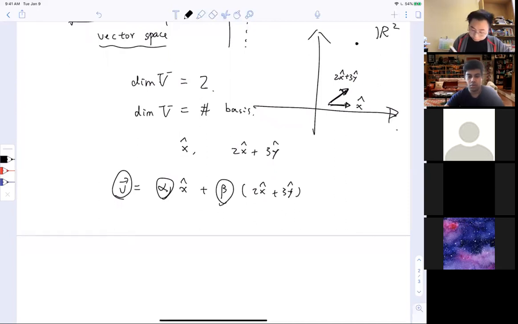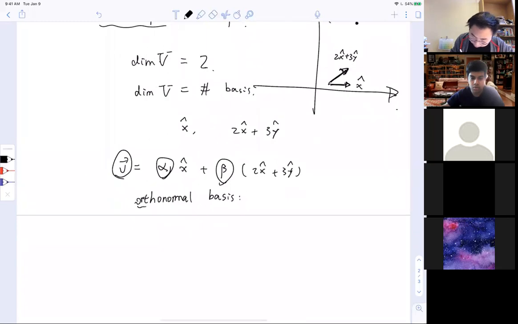Right. So the so-called orthonormal basis. Orthonormal means the basis vectors are orthogonal to each other and the magnitude of each basis vector is 1. So for example, for the